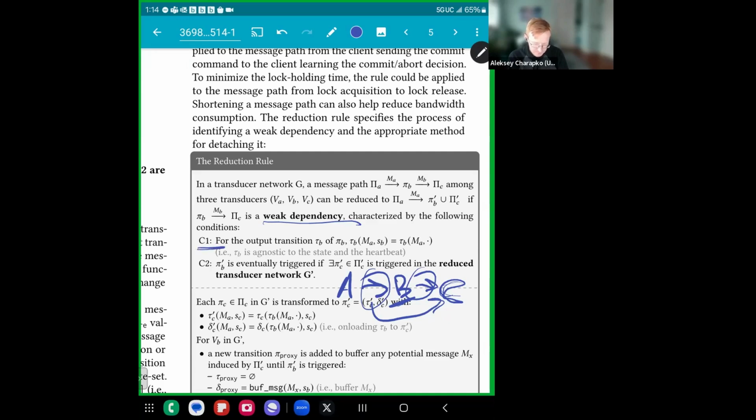So that's essentially saying that I can send data directly to C and have C derive whatever state it needs, bypassing B, right? Because that transition doesn't involve the state of B itself. Now, there is another problem, right? So that's one criterion for weak dependency. The second criterion is